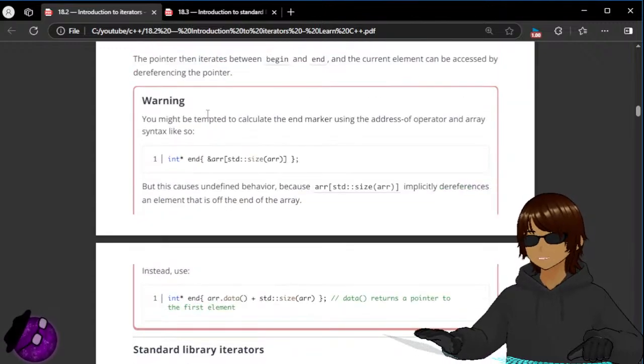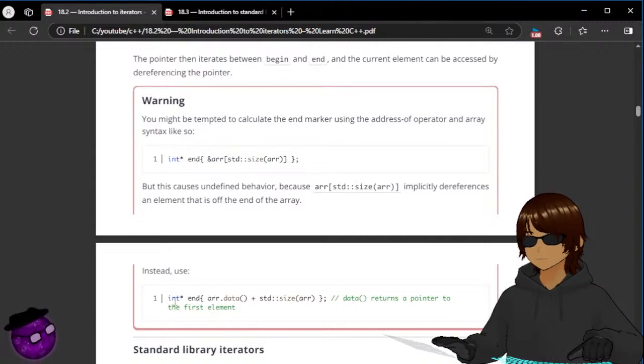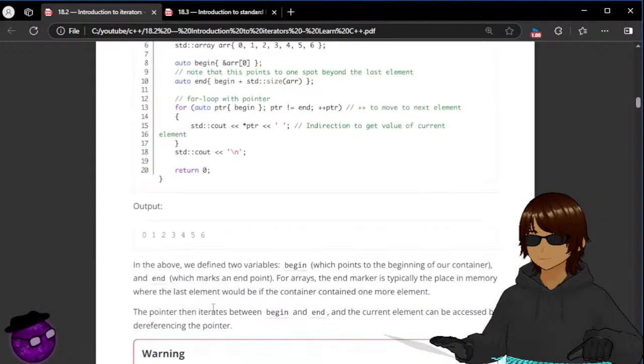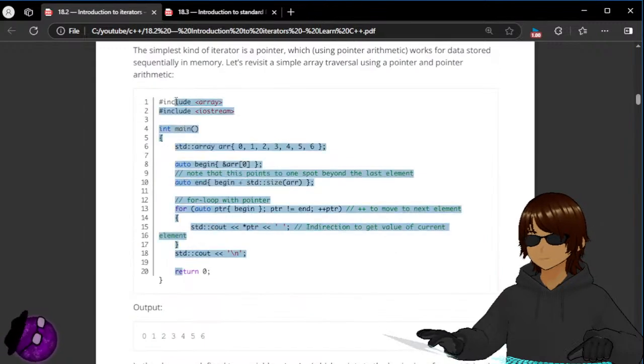You might be tempted to calculate the end marker using the address-of operator, using syntax like so: the address of array[std::size(array)]. But this causes undefined behavior because it dereferences an element that is off the end of the array. Can't we do std::array minus 1? Instead use array.data() plus std::size(array). Data returns a pointer to the first element. So with this thing over here,